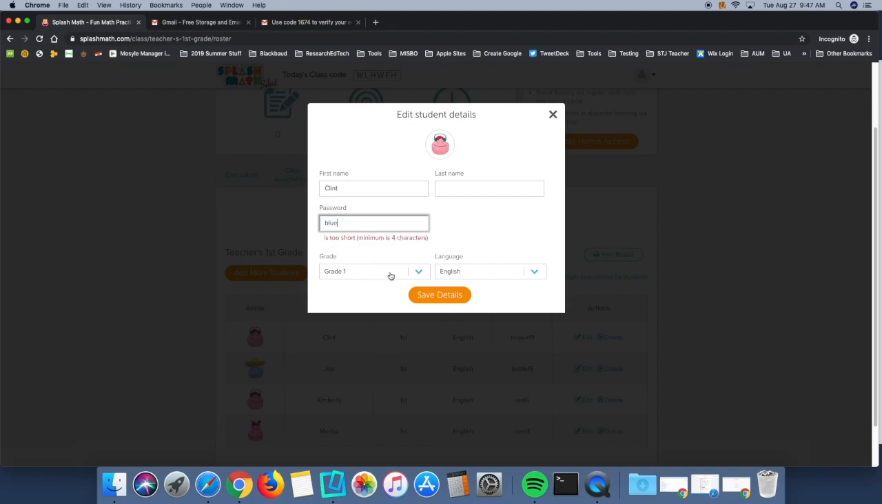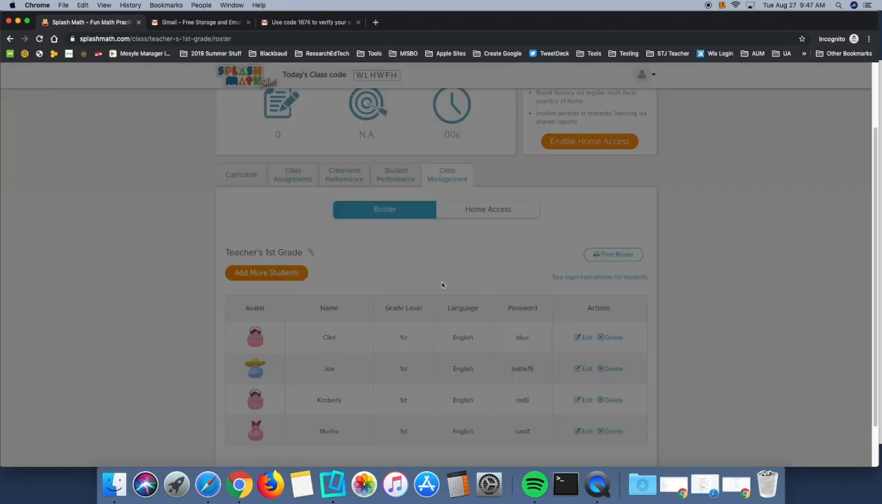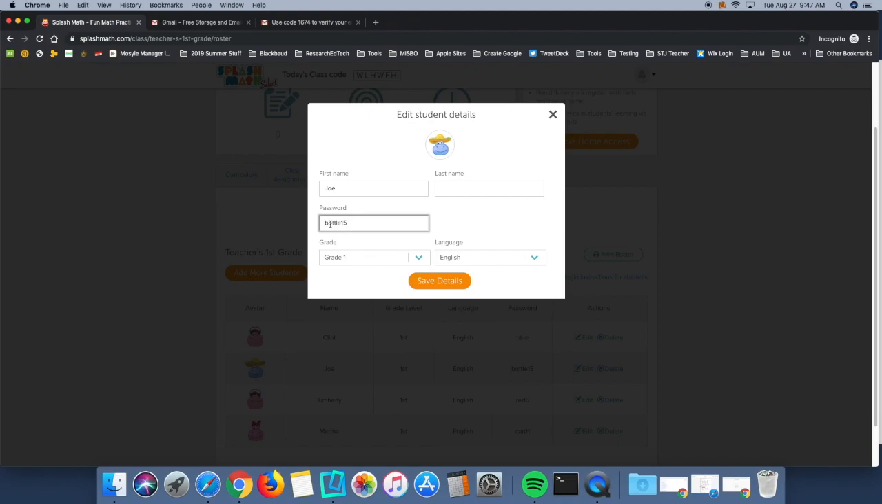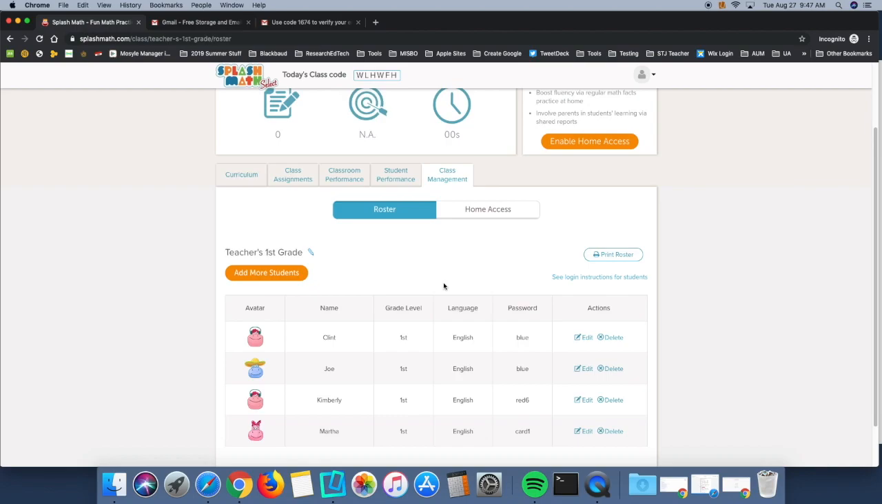Blue is a great color for our school. All right, so we're going to save that. So we know that that one's been changed to blue, and I can do that same thing for all of them, giving them the same password. It's a great introduction to passwords and how that all works. So now I'm going to go back to showing you my,